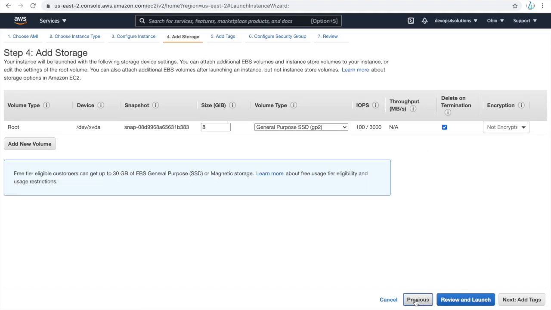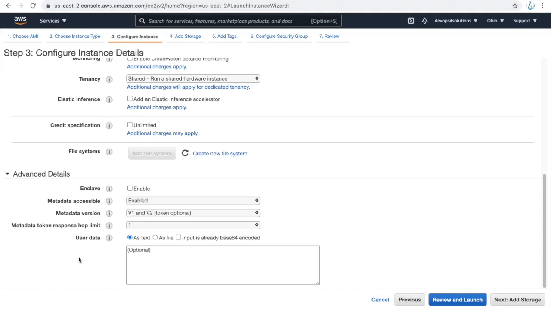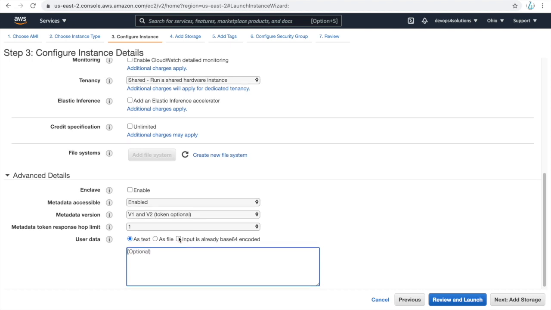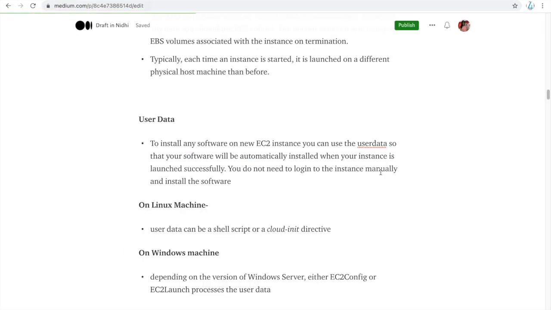In this instance, I can show you, here is the user data. You can provide it as text, like if I want to install Apache as soon as this instance launches, you can provide a normal command like sudo yum install, whatever it is. And you can use a file also, like you have a file and you can provide the file path. So this is called the user data.